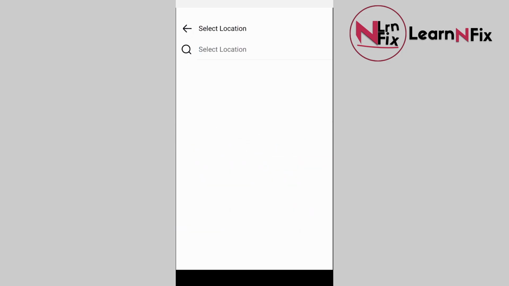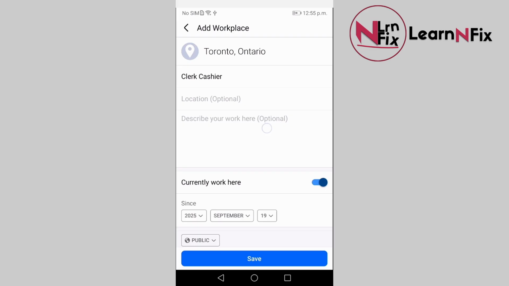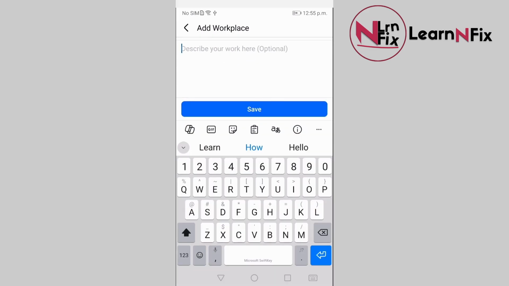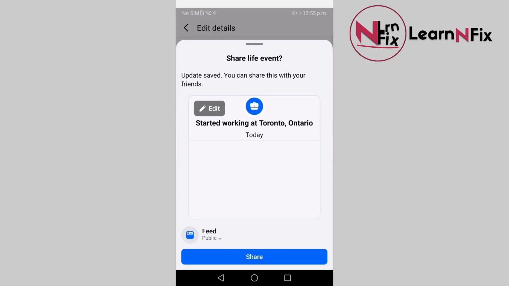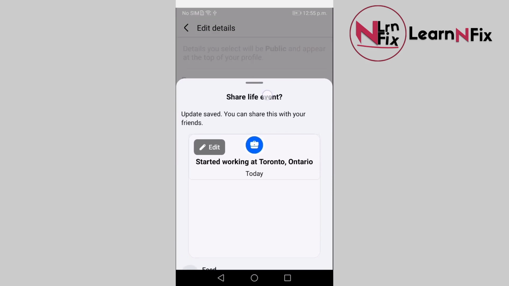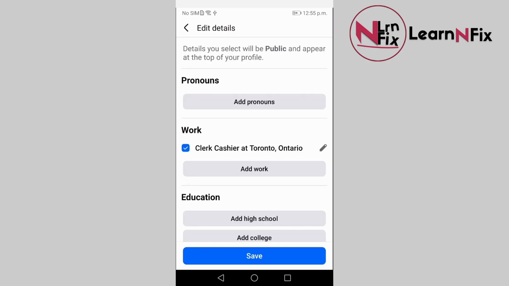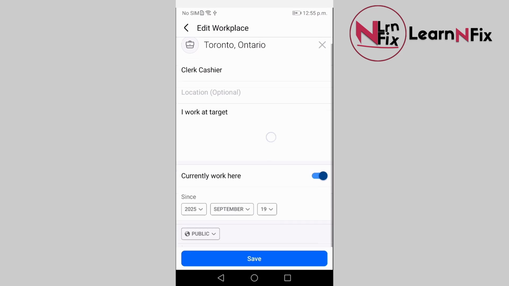So I'll just keep this empty. You could describe your work here if you want. I work at, let's say, Target. Save. Oops, let me just finish this. Okay, and then